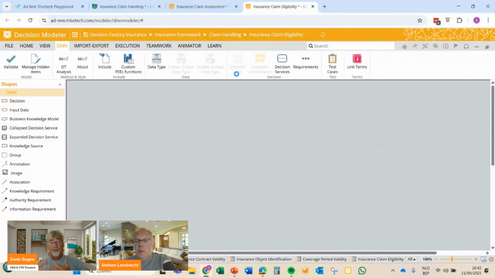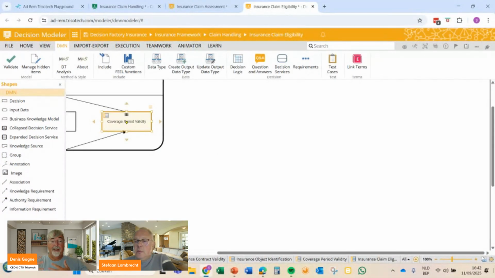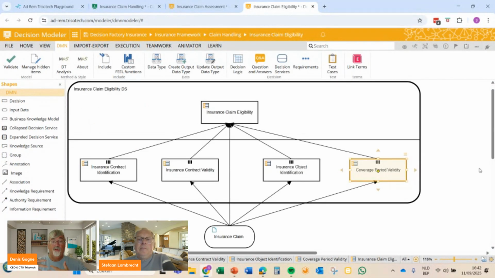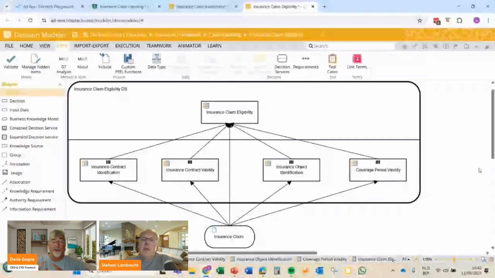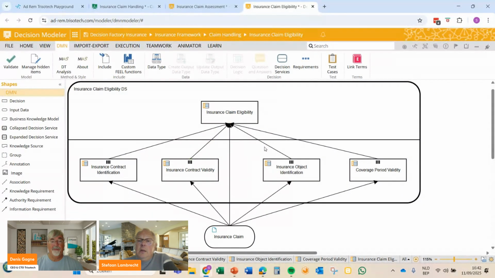So that provides you with completely explainable logic to your end user and customers. So this is not just a black box type of decision. This is something you can make very, very transparent. Yeah. And I can also immediately not only document it and show it here as a model, but I can also execute it.